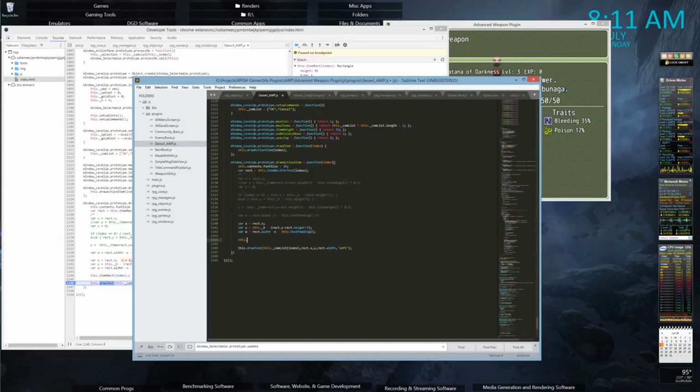This dot... we'll need to pass through the index as well, so we know which one to update. So